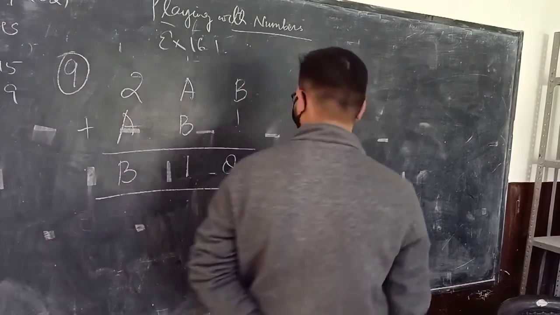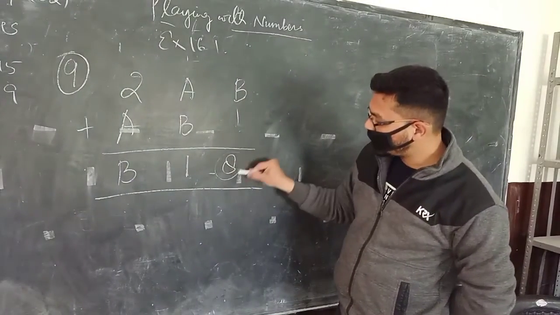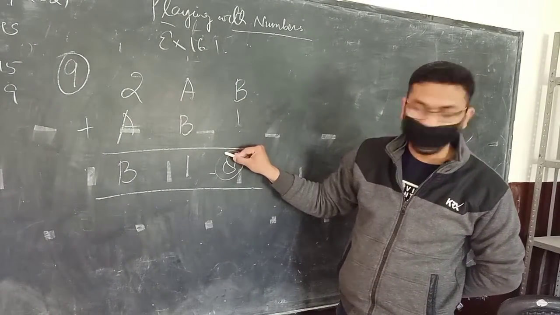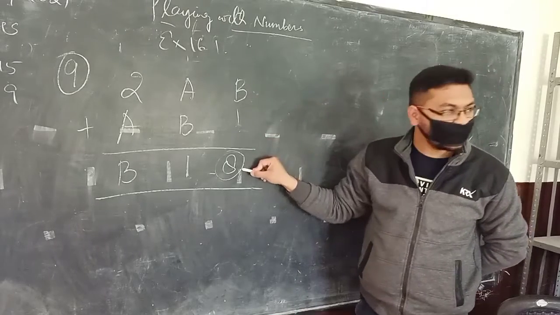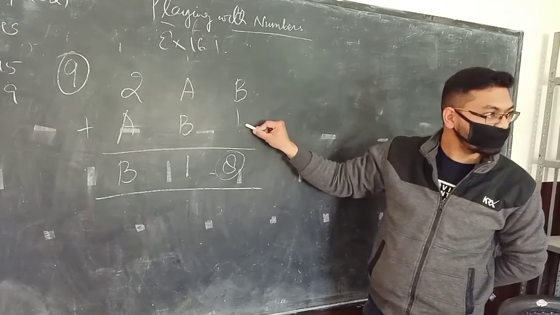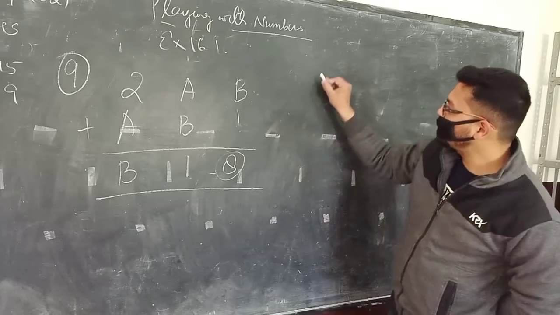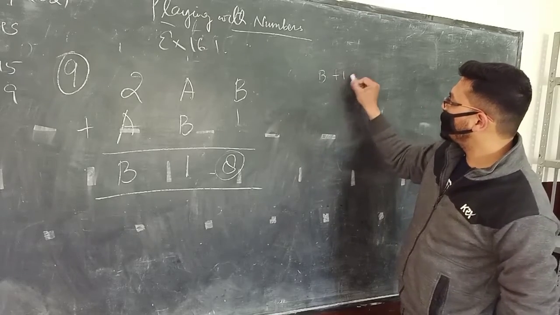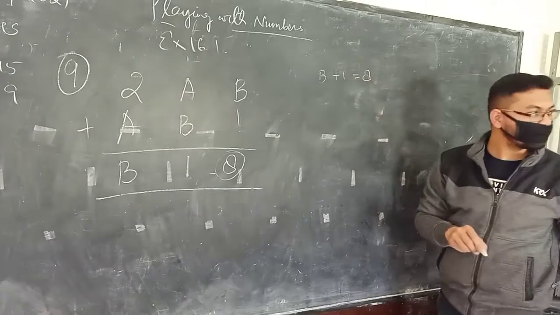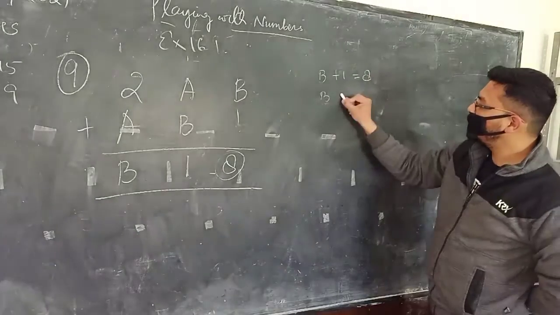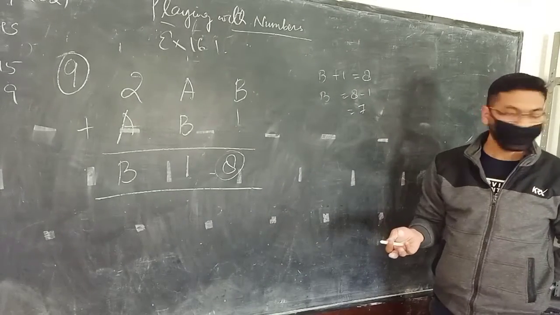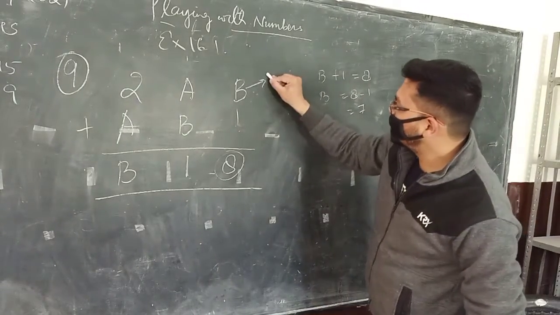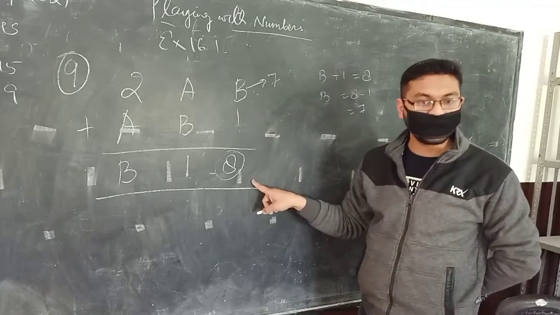Exactly. Now see, here is 8, right? Here is 8. You don't know what B is. So how will I get 8 here if I know there is 1? You can simply write B plus 1 is equal to 8. Right, beta? So B can be written as 8 minus 1 is equal to 7. Easy. So B is nothing but 7. 7 plus 1 is 8, right?